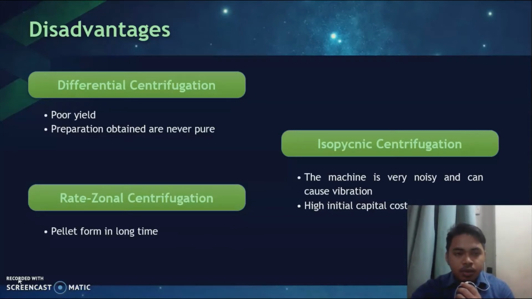I will explain the disadvantages of each type of centrifugation. For the first type, differential centrifugation, the yield is poor and the preparations obtained are never pure. For zonal centrifugation,